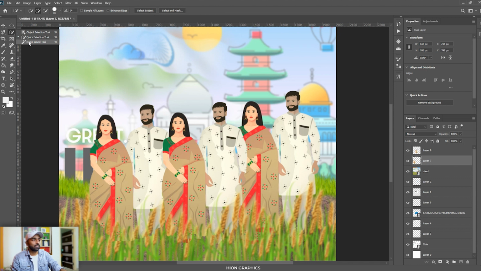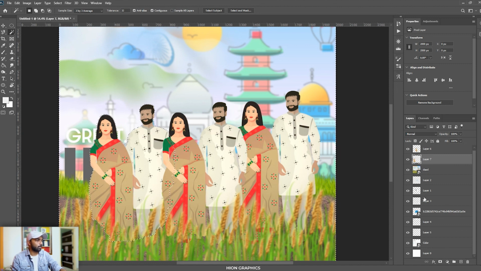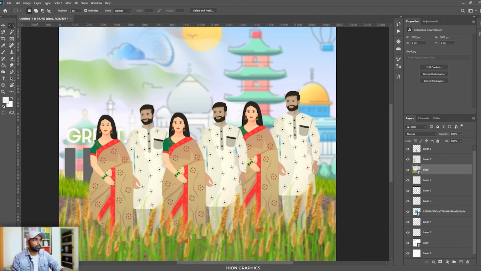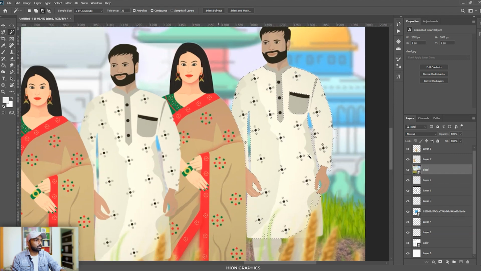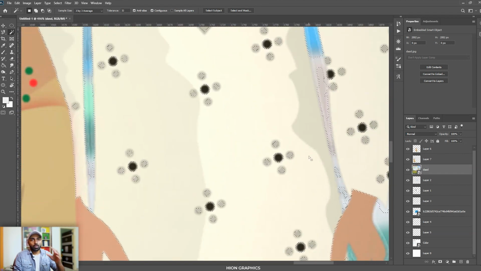Now the magic wand tool is again the same thing. I have a similar kind of thing. If I select a particular layer like this, and I do a magic wand and select some subject of it. Oh, sorry. I have selected this layer, so it is coming here. If I select this and do a magic wand on that, remove the selection, come here, it selects something like this. What the magic wand does is it selects the same color that is matching, right?